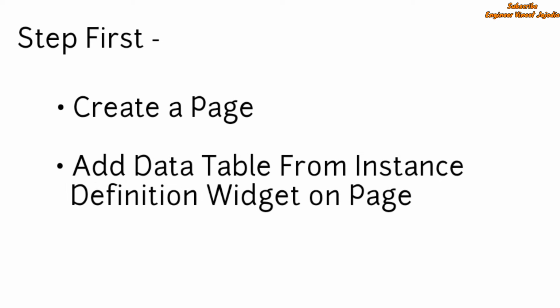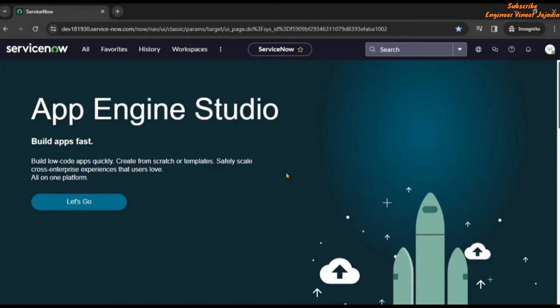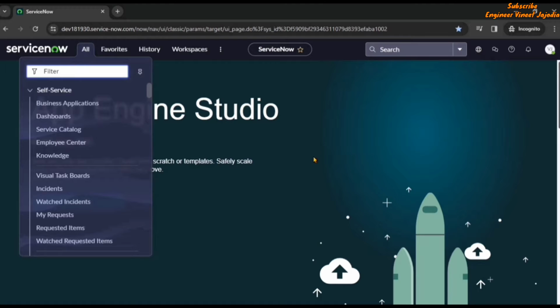Our first step is that we are going to create a page and we are going to add data table from instance definition on the page. This is the out of the box widget. So first we are going to review the out of the box widget and then we are going to make our own widget. For creating a page, click on all navigation menu and in the filter type service